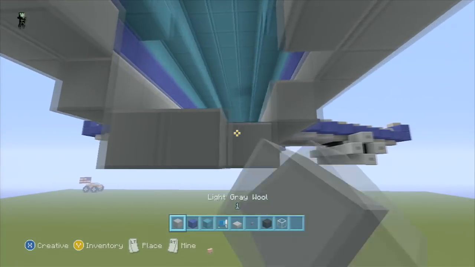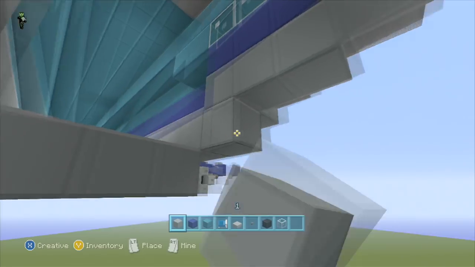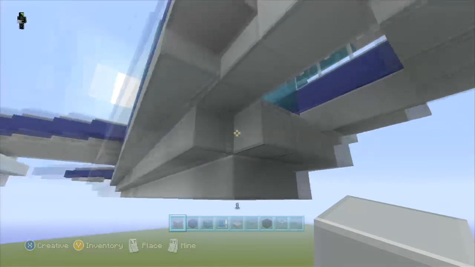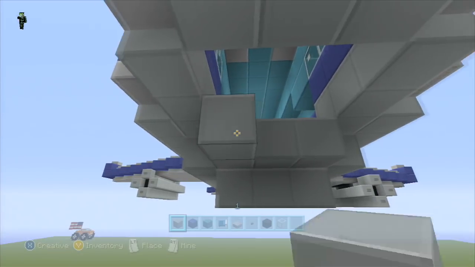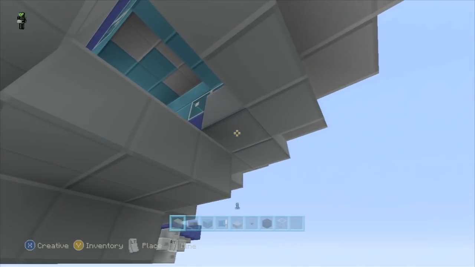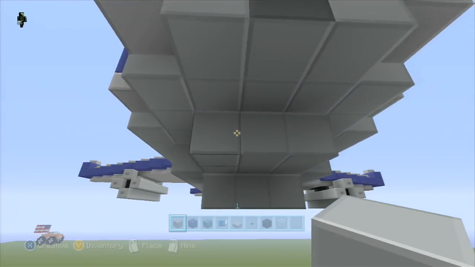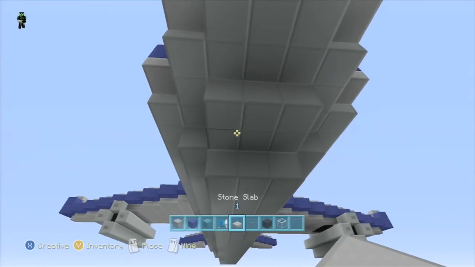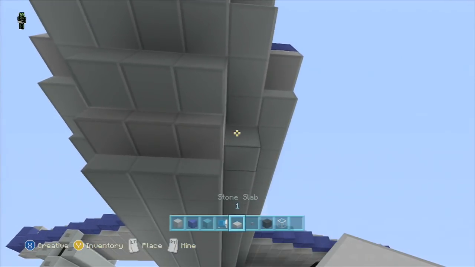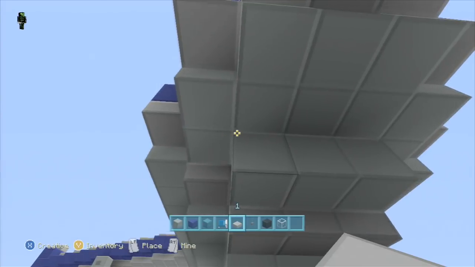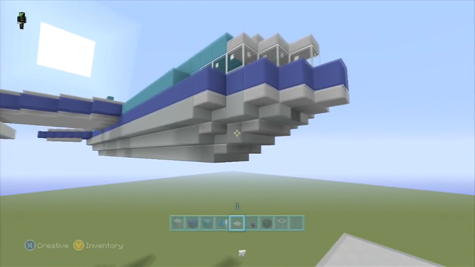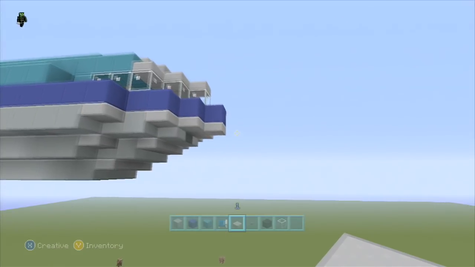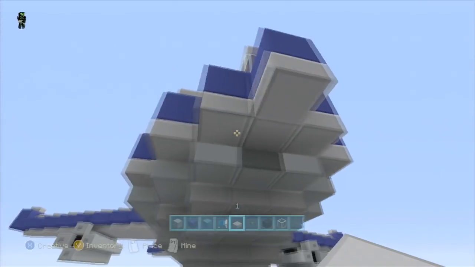And you want to bring in a little bit more light gray wool here. Okay, just like that. And then we will just come back and put some half slabs down. There you go. Now you've got the front of the plane completed. Oh wait, that's good.